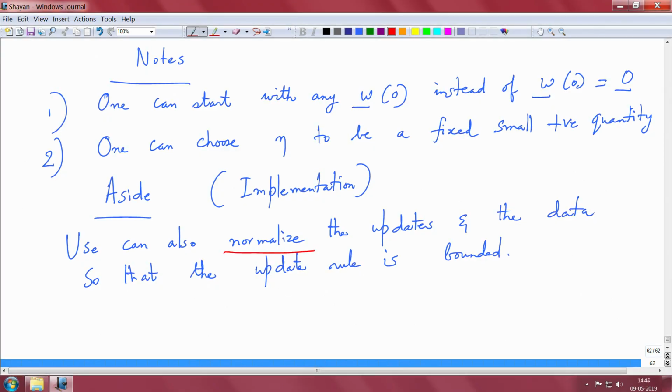So imagine you have an update equation where every time you have to add the point, you will end up in a situation where Wn plus 1 is Wn plus Xn. So maybe you arranged your data in such a way that you are always adding these quantities. Then you can always shuffle and present it so that you get positive and negative signs around, so that it is kind of bounded, right. And the choice of the weight again is a question mark, because you do not want it to increase linearly, so you want to keep it bounded, and you can keep it normalized. So this is what I meant in terms of the practical aspects of this algorithm.